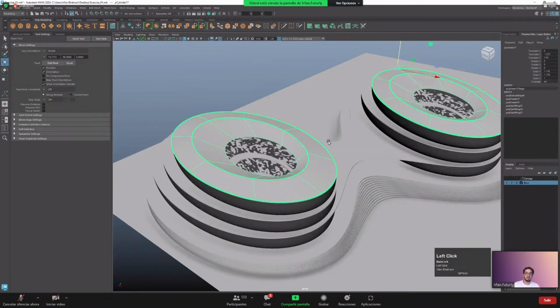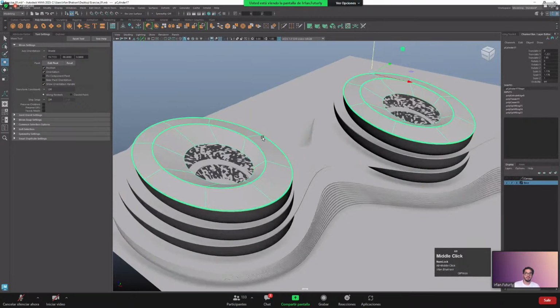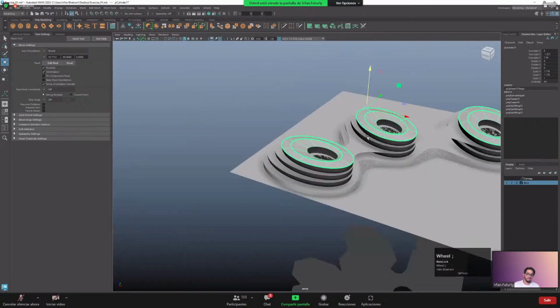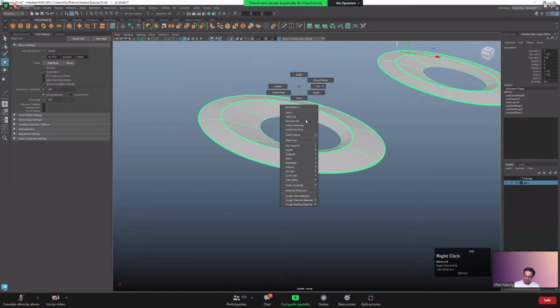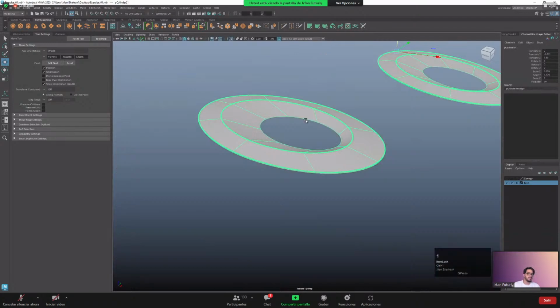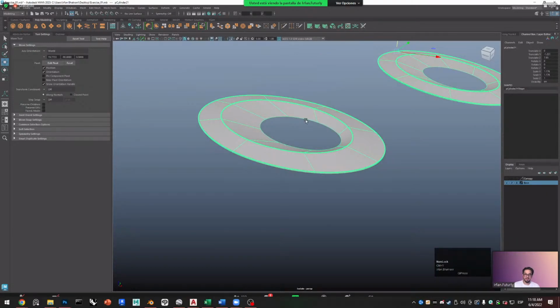Now for this part. Okay, so to treat this, what you're going to do is select this, make a copy actually. So the reason why we keep making copies one after the other is because